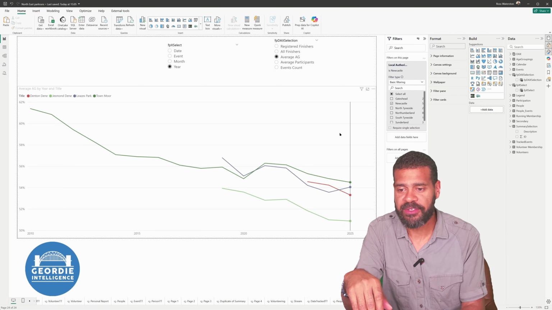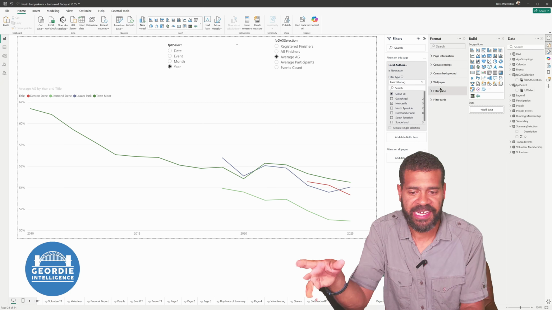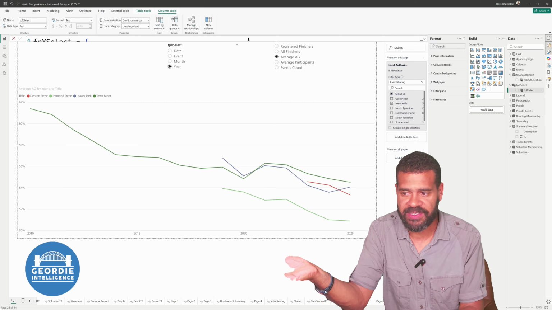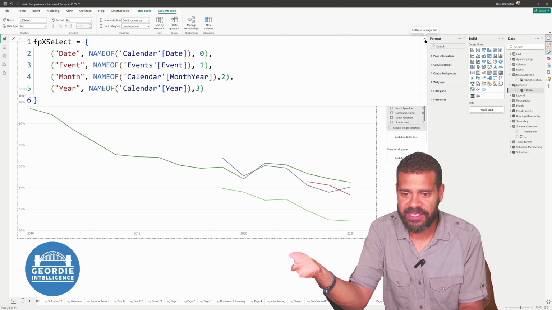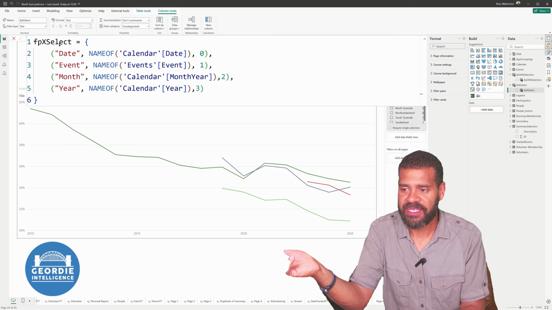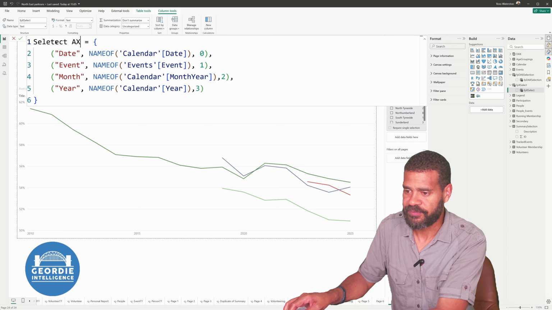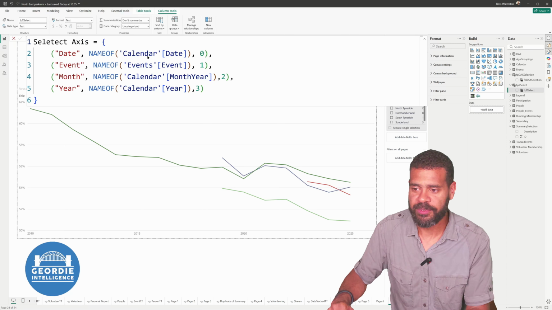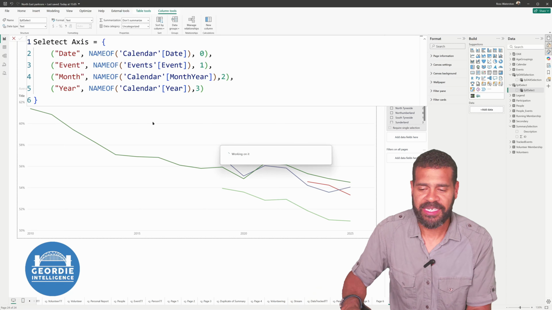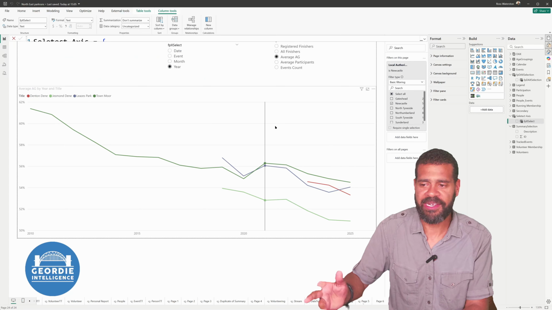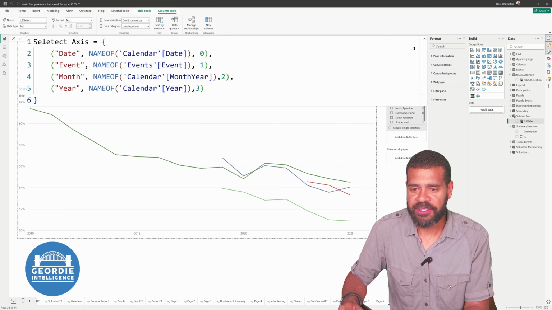with a couple of field parameters. And of course, you can see, because I can edit the DAX, I can change what it is. Okay, so I've put FP select because it's field parameter X select, but I could have chosen something different to call it. So we could have put selected axis, for example, and I can spell. Okay, well, I spelled that correctly there. And then straight away you can see,